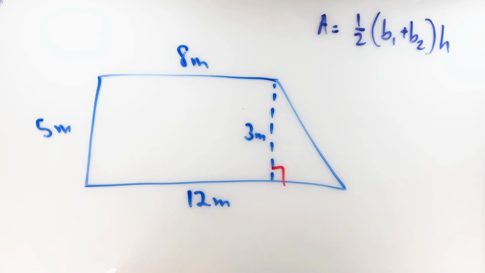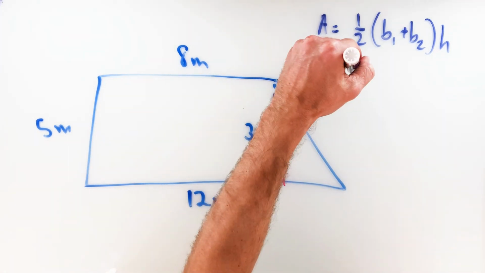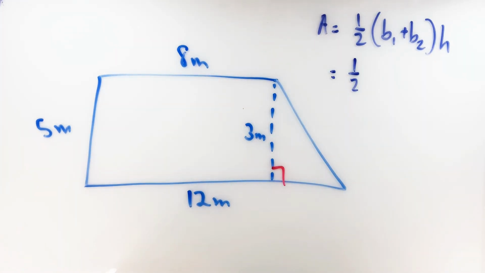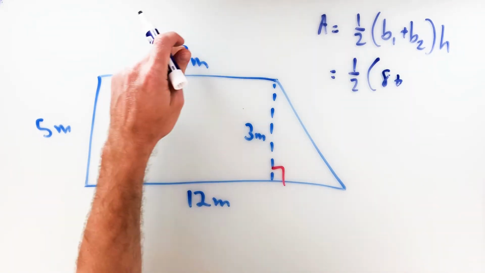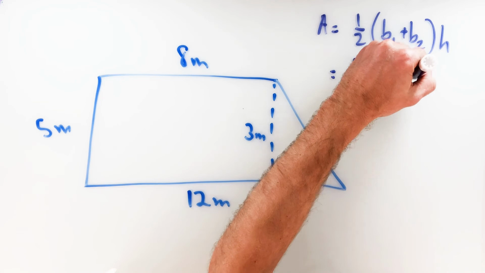So at this point, we just look at our picture, look at our formula, and decide if we have what we need. I would say, yeah, we have what we need. We actually have more than what we need. If I look at the 2 bases, once again, it doesn't matter which one's base 1 and which one's base 2. So I'm going to say base 1 is 8 and base 2 is 12. So 8 plus 12